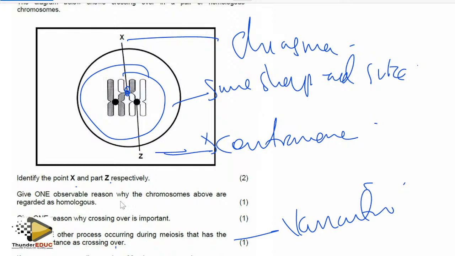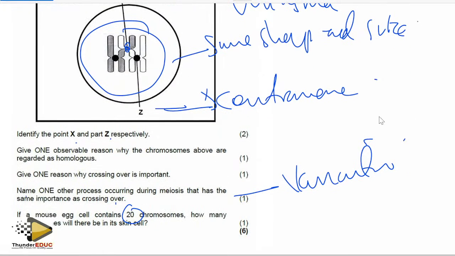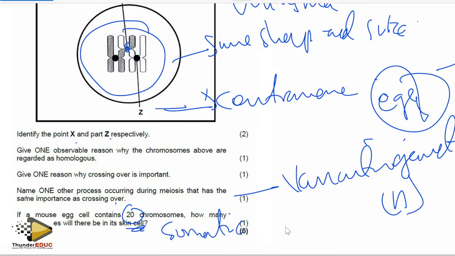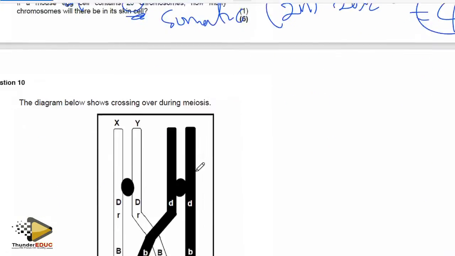Then they're saying, if the mouse egg contains 20 chromosomes. Remember, they're saying egg, which is a gamete, and gametes are haploid. So how many chromosomes will there be in the skin cell, which is a somatic cell? Skin is a somatic cell, which is diploid. Therefore, I will just multiply by 2. So 20 times 2 gives 40. The answer here is 40 chromosomes. That's it, and then you get your marks. It's not that difficult. You just have to understand and then try to